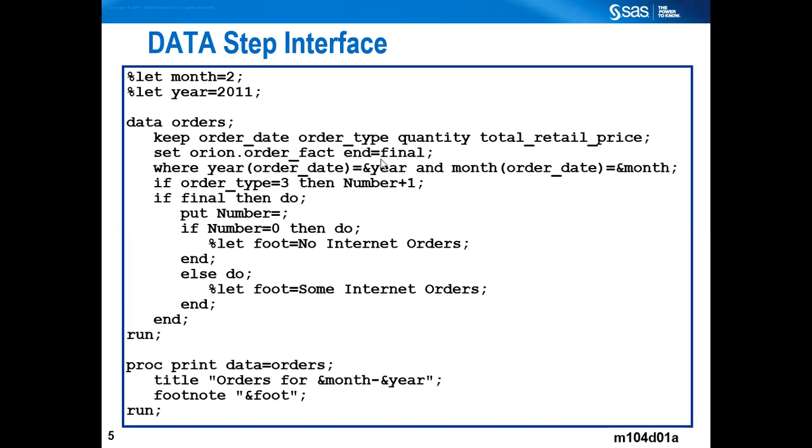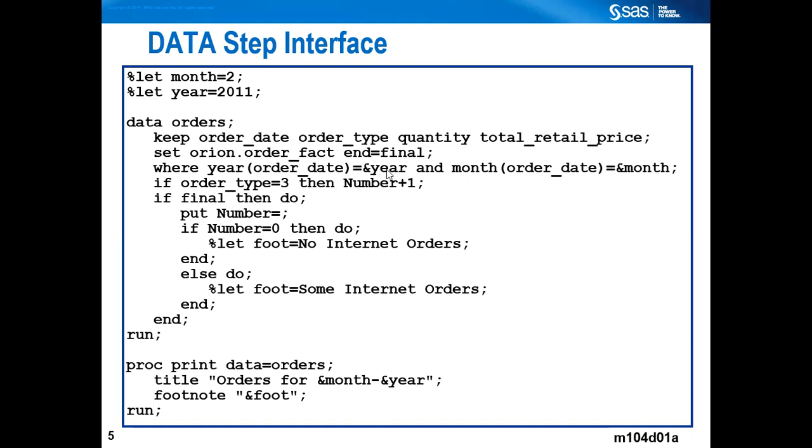So it's an indicator we are creating to make a logical way of understanding that when it is the last observation of your data, it should process some statements. So you are creating that temporary variable with the end equal to data set option. The syntax you know very well, it's not put into parentheses. Now we are subsetting your data on the required month and year. So you are extracting from order date, because order date column has the value of date. You're extracting the year,